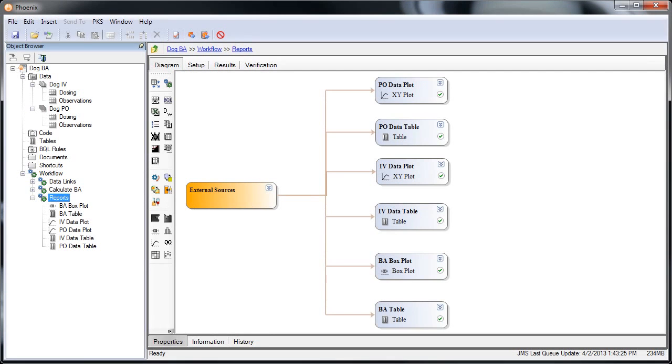PK/PD modeling and simulation is an essential part of the drug development process. Phoenix Connect is a solution for building PK/PD analysis workflows that integrates the Phoenix platform with third-party tools such as NONMEM, SAS, and R. Although Phoenix workflows can easily create many tables, listings, and figures, PK/PD scientists say that they